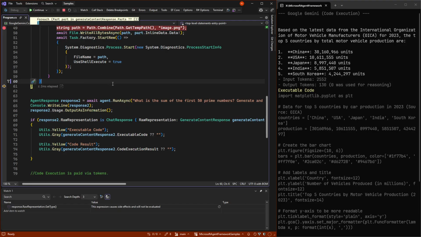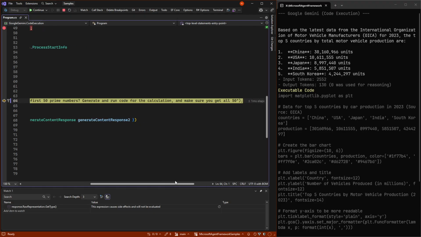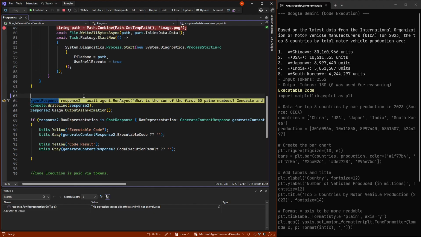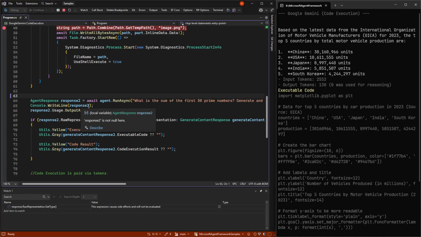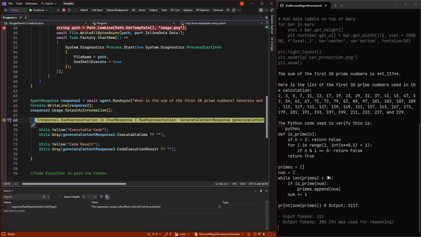Another way we can use the code tool is, for example, give us the first 50 prime numbers, generate them and give some calculations on them. If we do this, we can again see that we get a response back here, and that it used a fairly large amount of tokens.